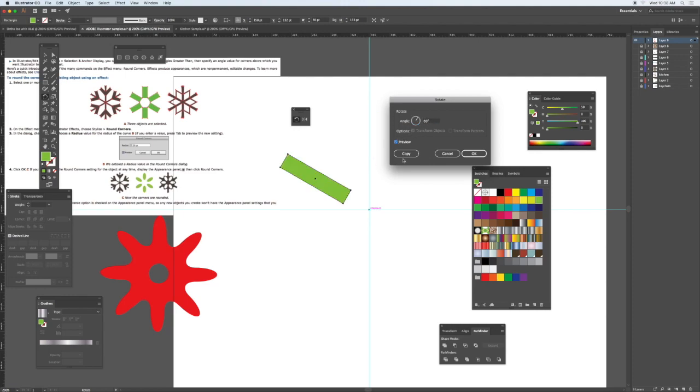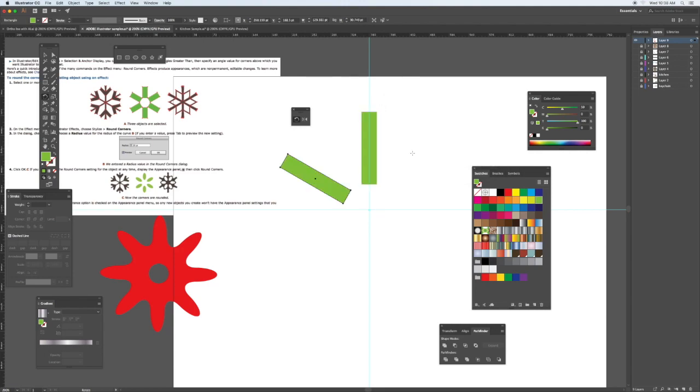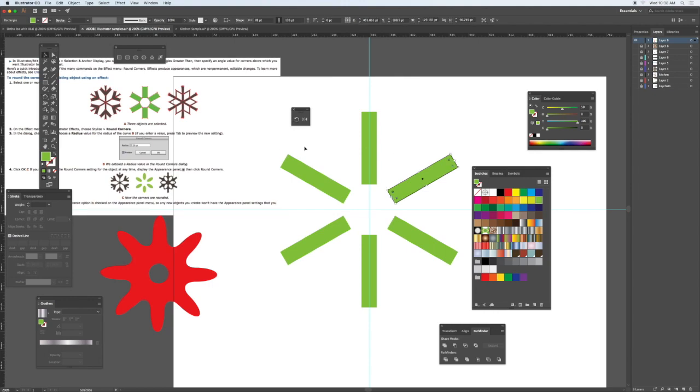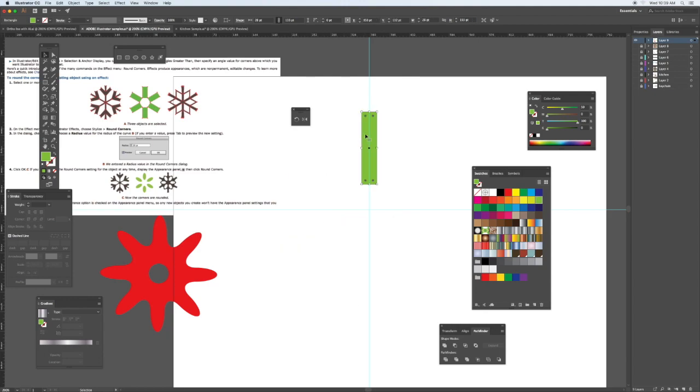Click on preview and you can see where it jumps to, and copy will put it there, and then holding Command D is going to duplicate them around. But I'm just going to make it a little tighter. This is just showing the rotation, so undoing it till I get back, and just drop this down,